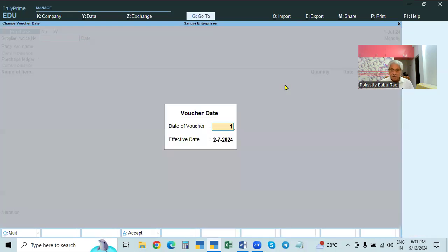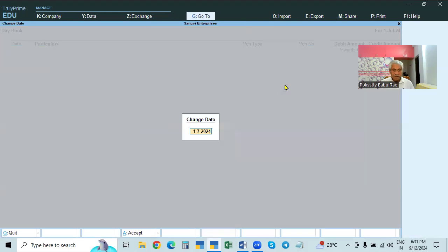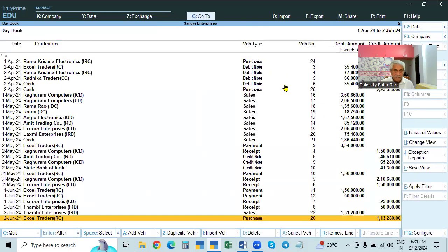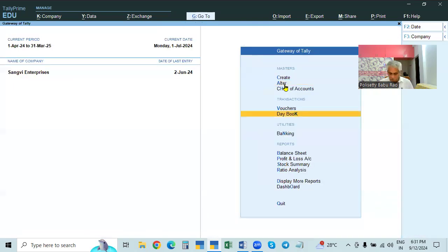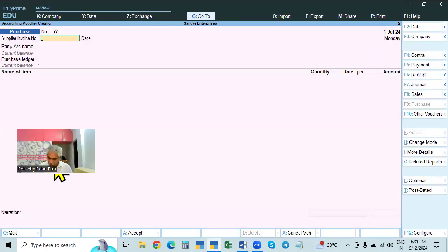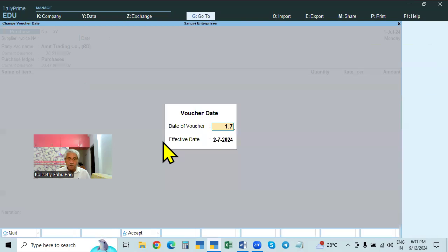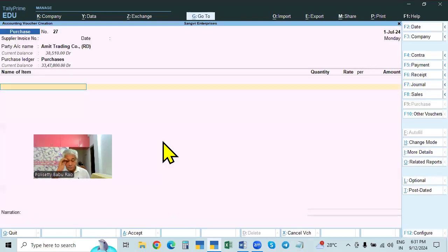That is one of the last entry we made. Last entry is 2nd July. Okay. Now we will make for July. In the month of July, we will take up 1st July. Okay. Now, when we are going to purchase the goods, we will send order to the supplier, and we will send